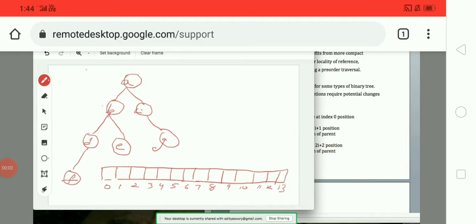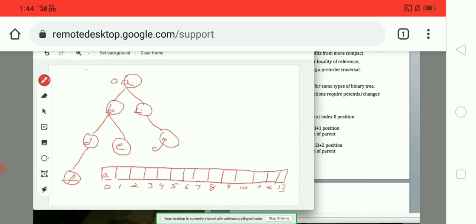Now let us consider another example of binary tree. Here we can see the example. Here I took 7 nodes, and A is the root node because it is the parent of all nodes, and below the binary tree we can see the array representation. Now let us see how we can represent these nodes in an array. We already know the basic rule is we have to place the root node in 0th position. So in 0 I am storing the A element, and the position of A is 0.